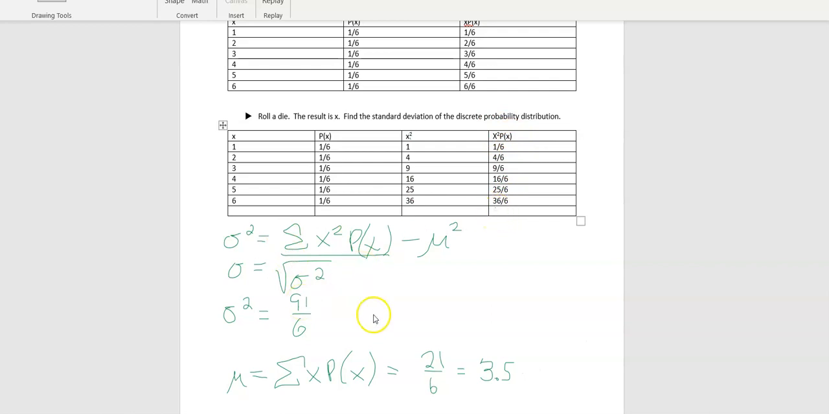Well, for some reason it doesn't want to go in there. Minus the mean squared, 3.5 squared. Now, a lot of people will do all of this right here and get this answer and forget to do this part right here. So just a warning, don't make that same mistake. All right, so I'm going to put this into my calculator. 91 divided by 6 minus 3.5 squared, and I end up getting